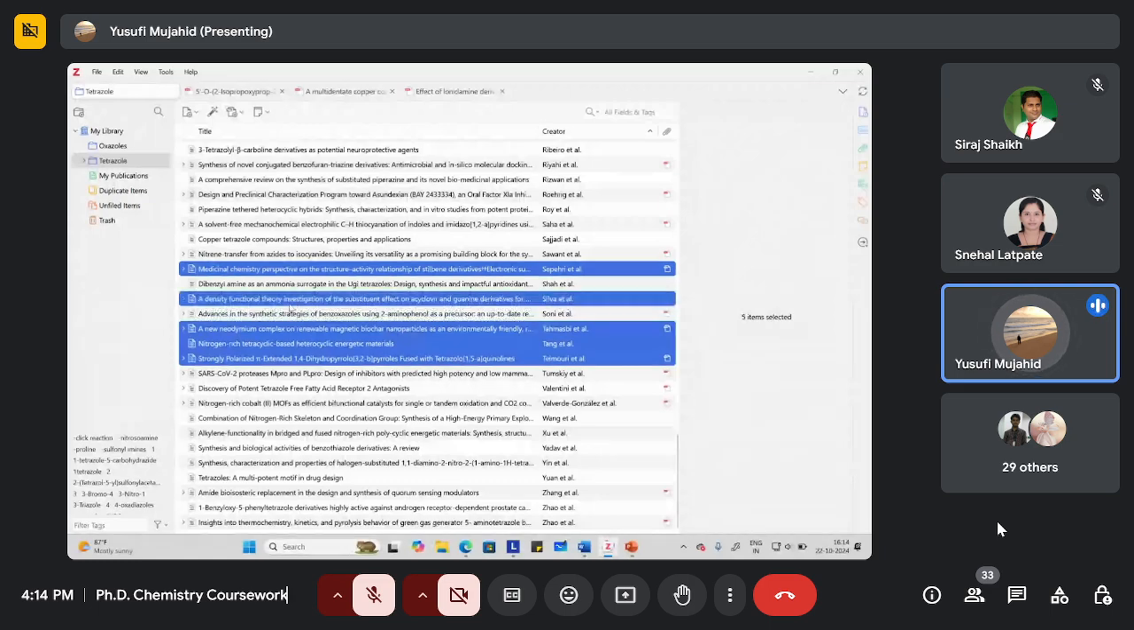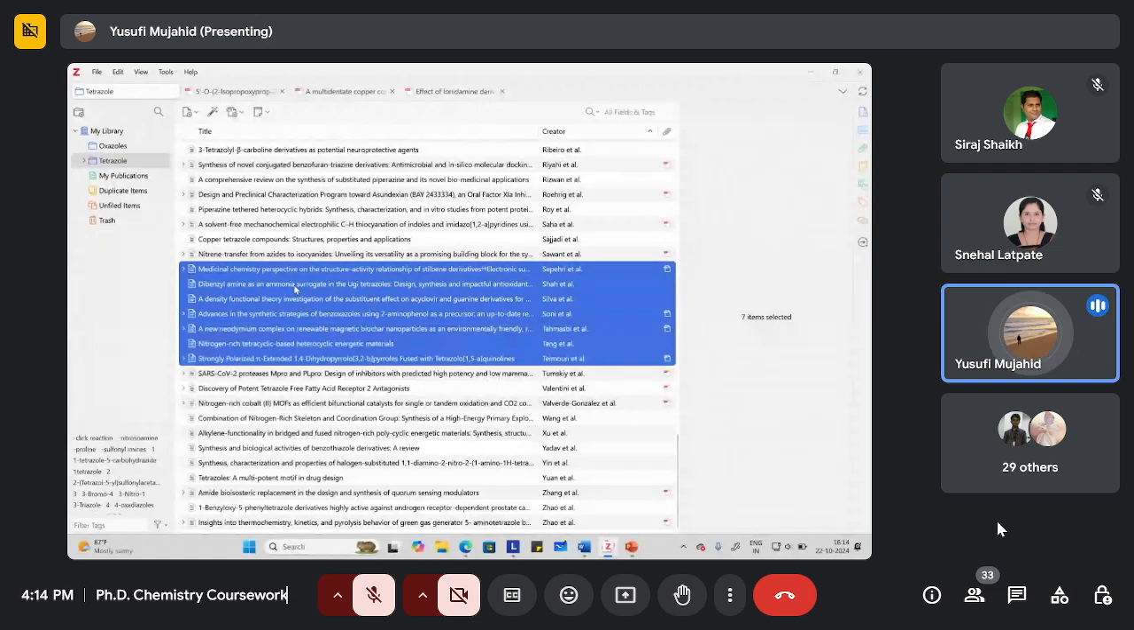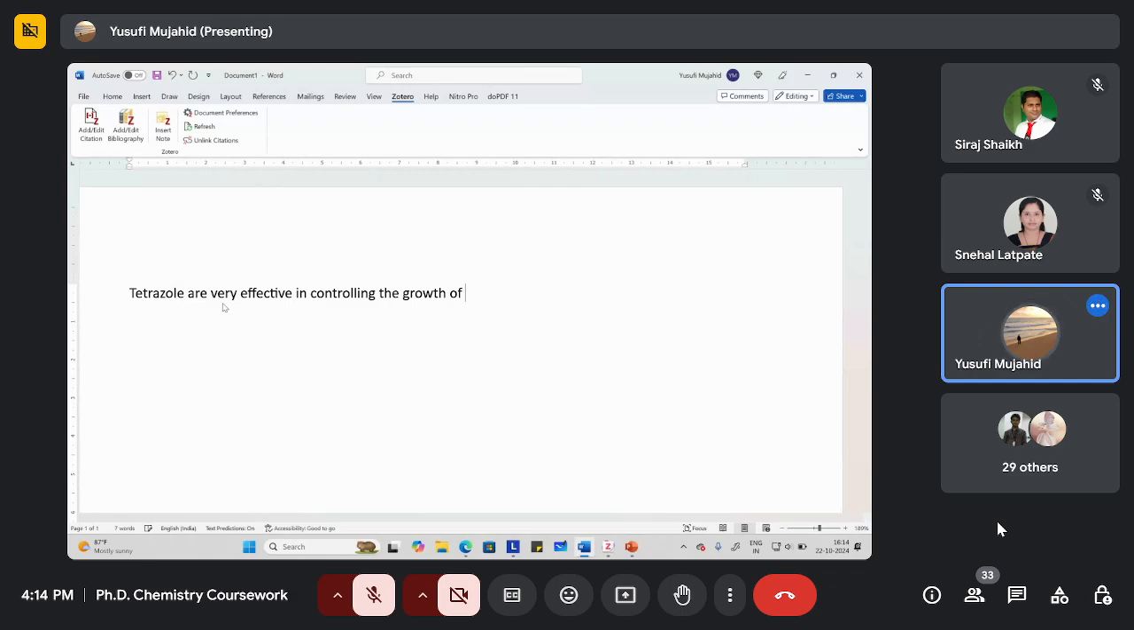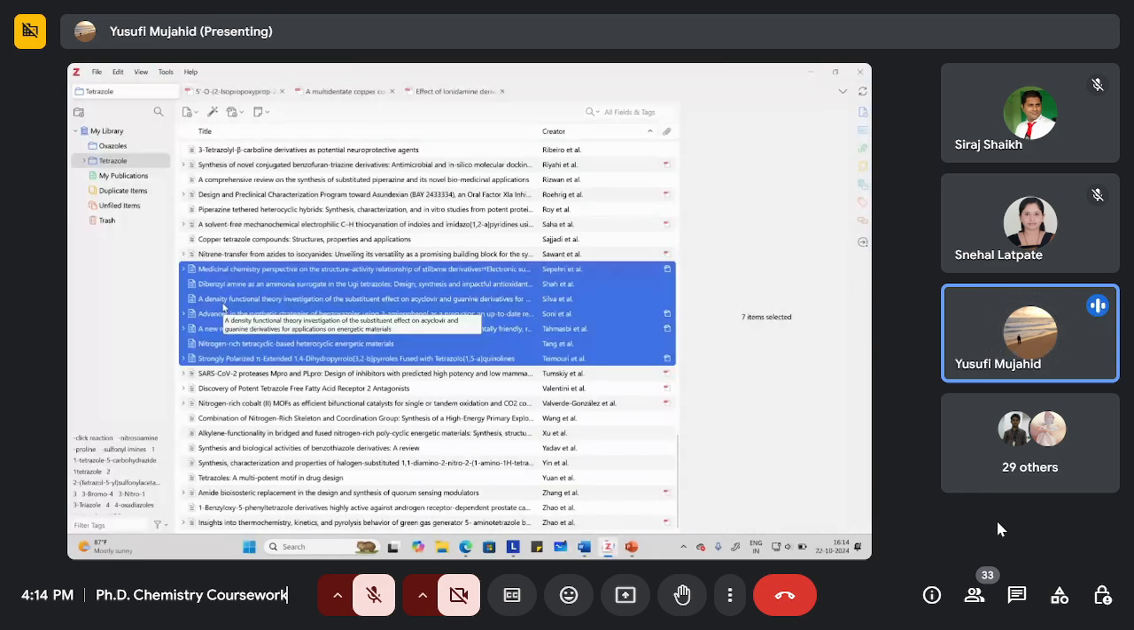और लेट अस से मैंने ये एक साथ मुझे ये इतने सारे citations लेना है, ठीक है। और यहाँ पर हम डाल सकते हैं कि tetrazoles are very effective in controlling the growth of cancer cells. A general statement is there which will be available in so many papers. So that is why I have taken more number of papers here, ठीक है।